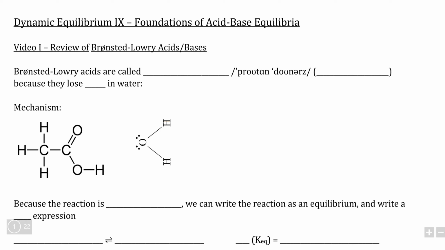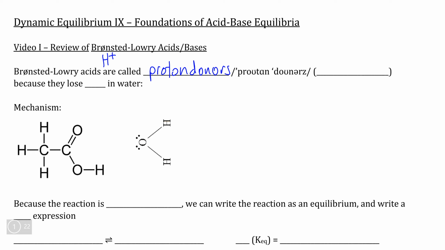In this series of videos, we're going to look at how the principles of dynamic equilibrium apply to acid-base reactions, starting with a little bit of a review about what exactly makes acids and bases what they are. So as you learned in Chemistry 11, the Bronsted-Lowry acid-base theory relies on the transfer of H+ ions from acids to bases. So Bronsted-Lowry acids, such as acetic acid here, are what we call proton donors because once they